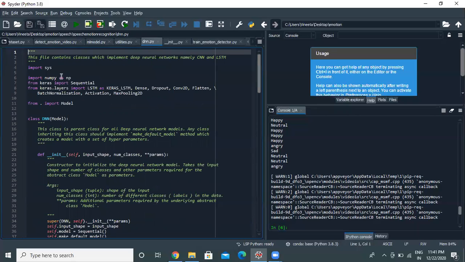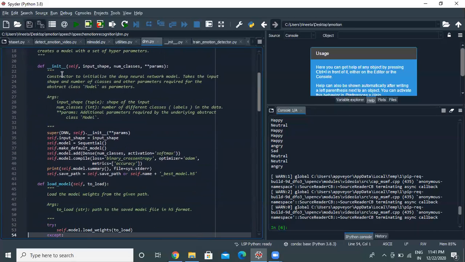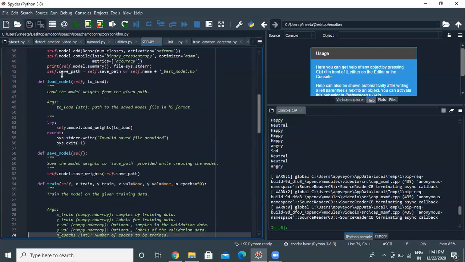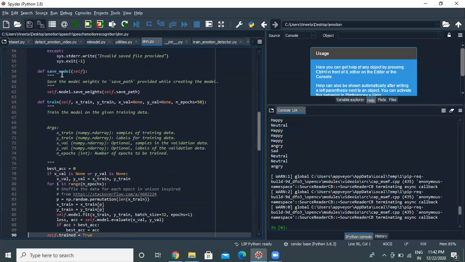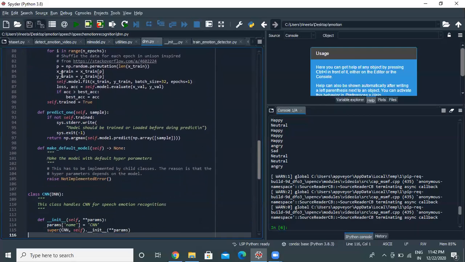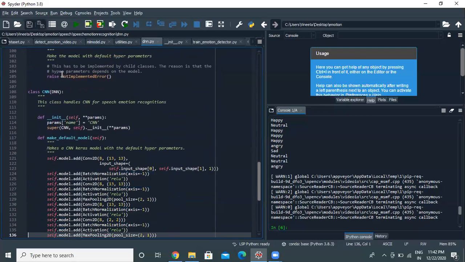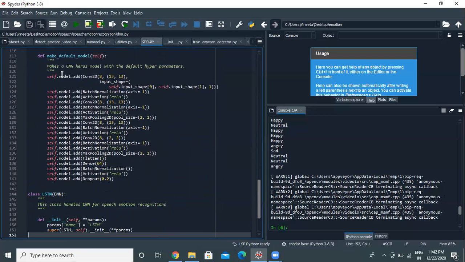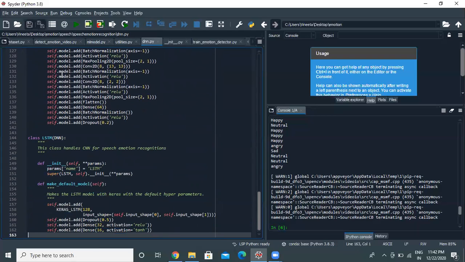Now this is DNN.py, which is the main file that is handling all the deep neural networks. Then this DNN model has this over here, then super, as I'm calling the classes over here, then load model, save model, again training on the data set is being performed in data and predict one, make default, and again the classifier class is being created,